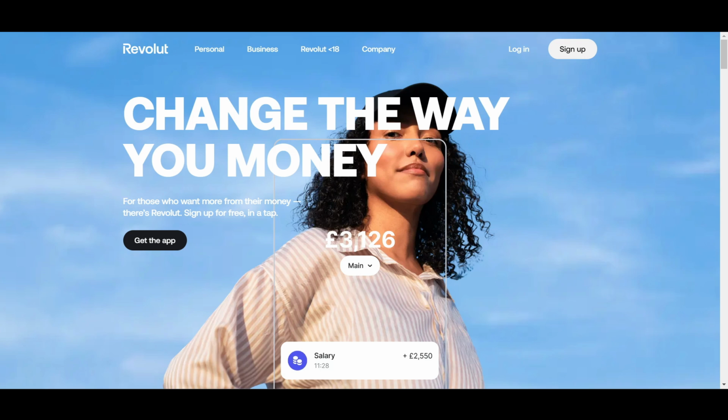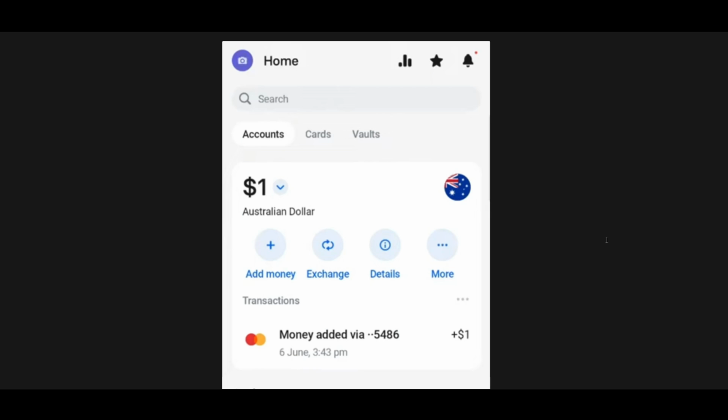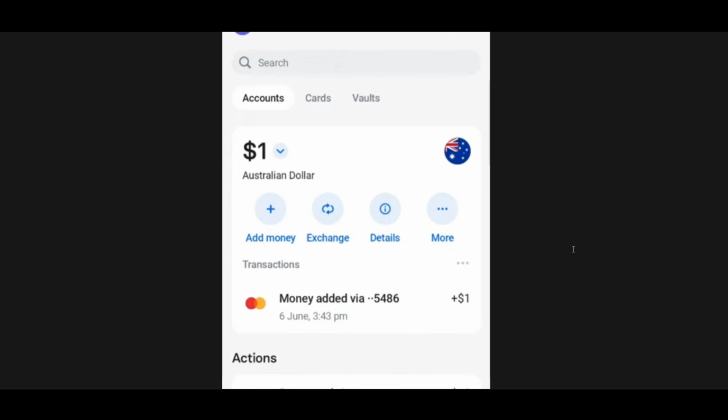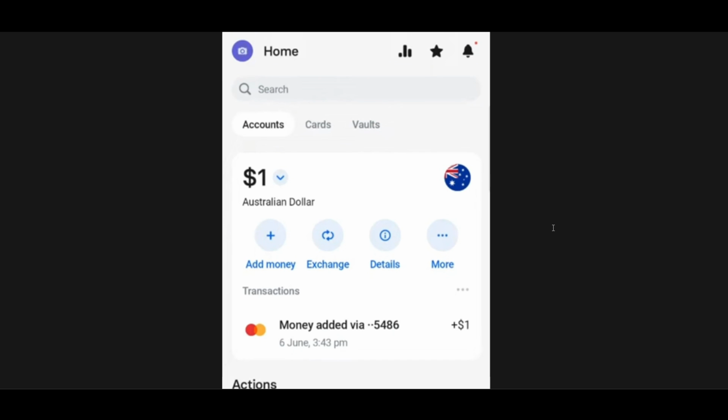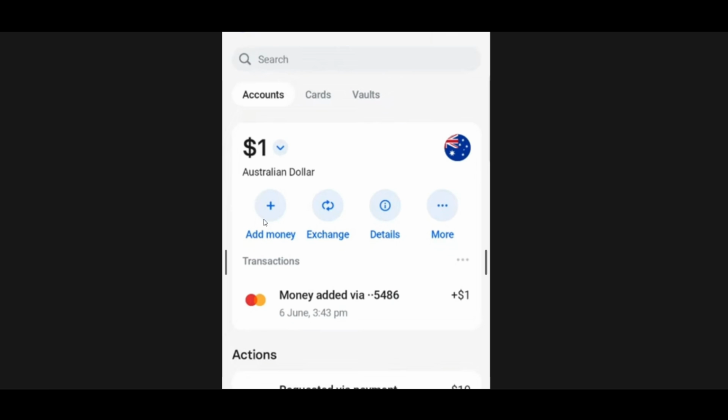Well, this is a very easy thing to do. So first of all, just download the Revolut mobile application. Make sure that you are logged in to your account. Now, once you open your Revolut, the interface will look like this, and you just have to tap on